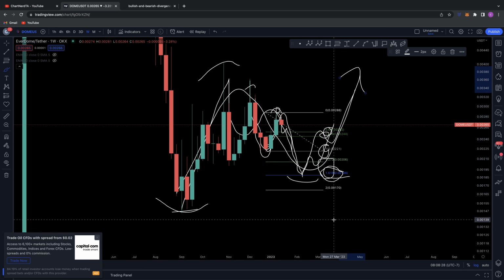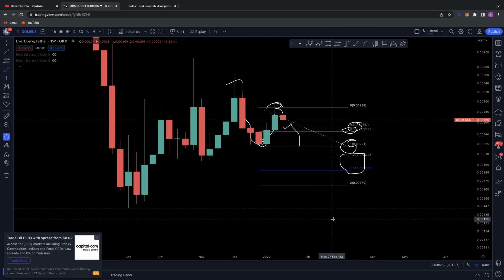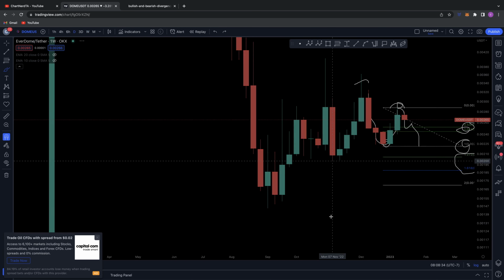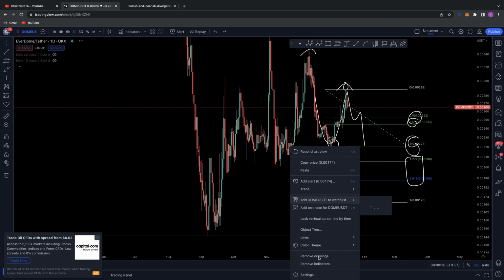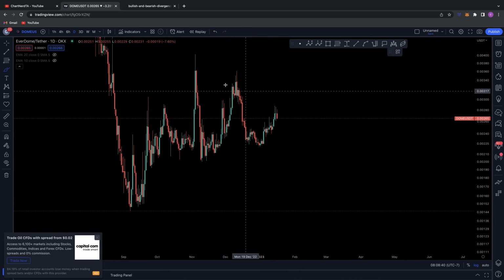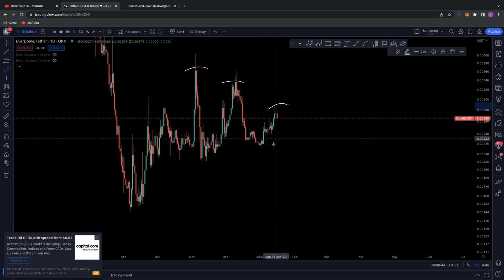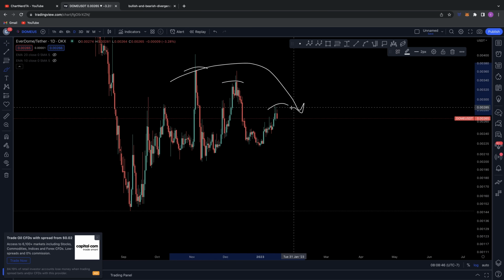So again, just to finalize, I am looking for a bit of a pullback here on Everdome in the short term, because we've got that hidden bearish divergence. Let me just clear this chart. We've got the hidden bearish divergence. We have got a level of resistance above us. We're putting in lower highs currently speaking, okay, which indicates depleting buying pressure,